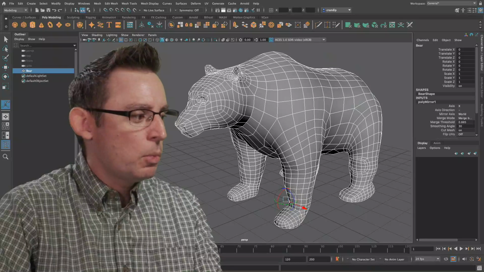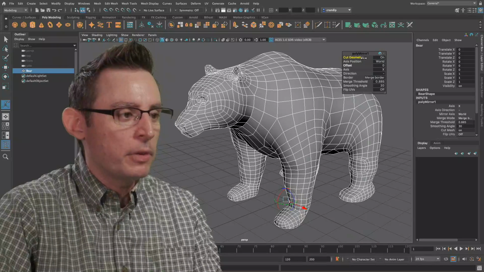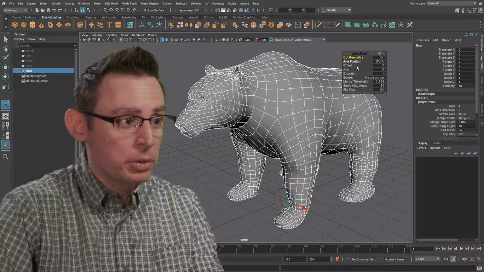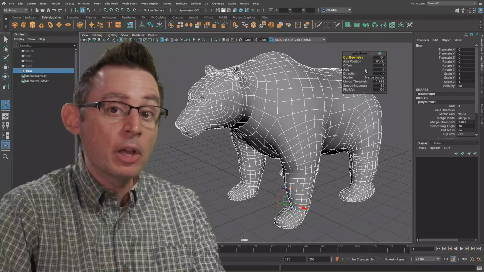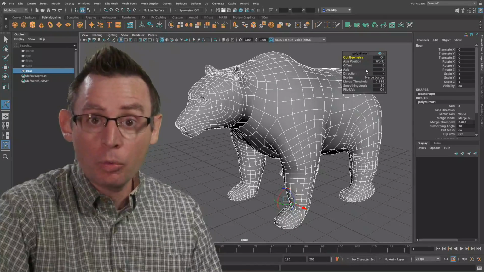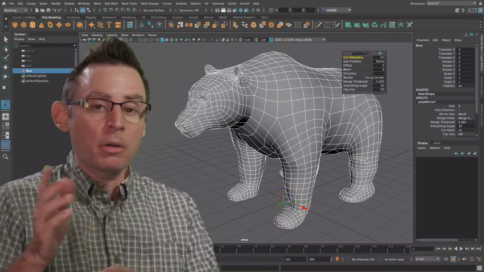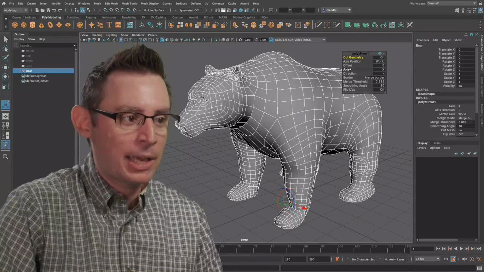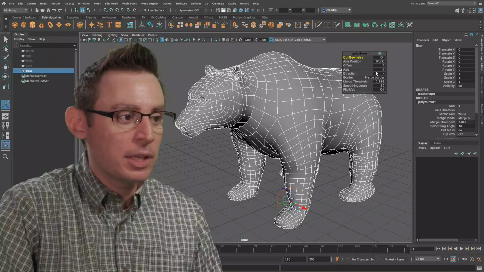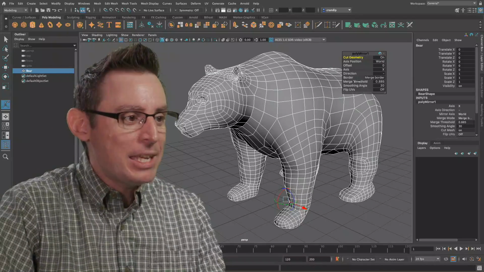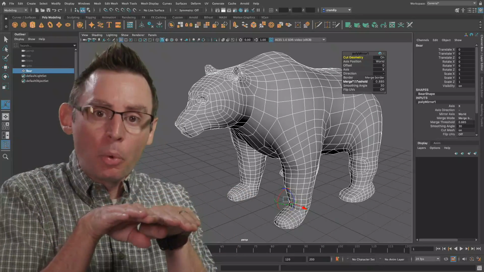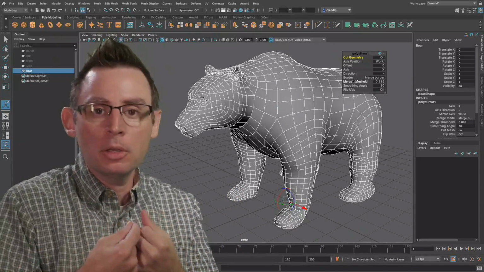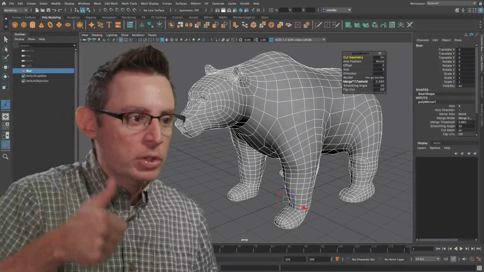And specifically, the ones that we want to look at very closely are the axis position. We want that to be world. And we also want to make sure that we're mirroring the correct axis and in the correct direction. So I want to mirror across the x-axis along the negative side of the x-axis. So just make sure all that stuff is enabled before you go any further. In addition, we also want to merge the border verts. We want this to be one welded together contiguous polygon. So merging those verts is a good idea.